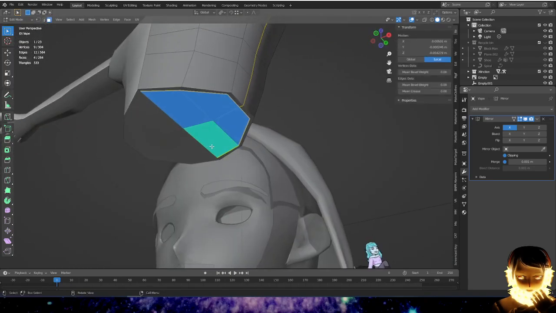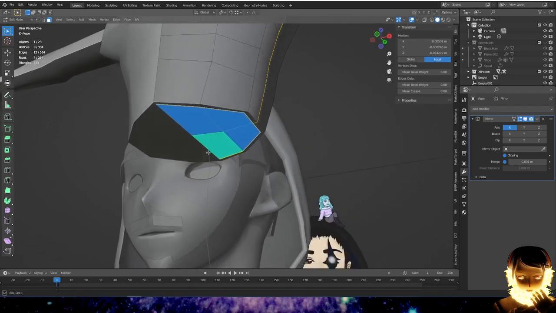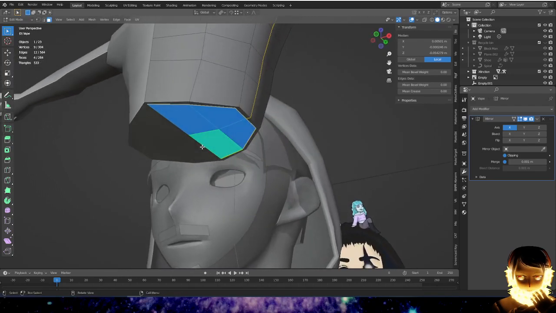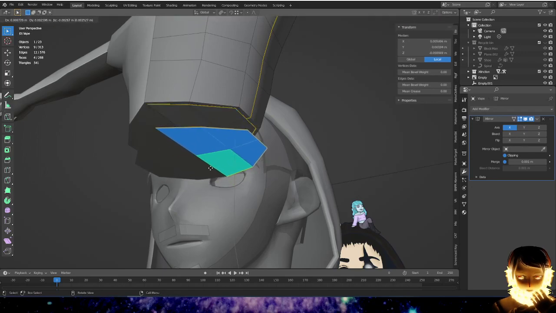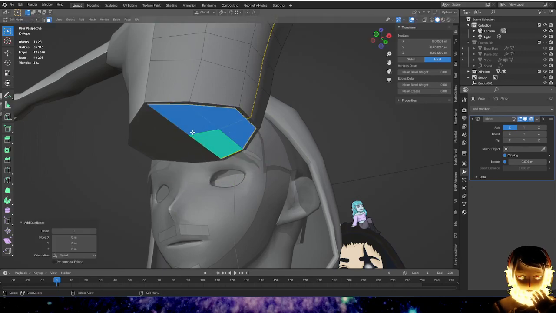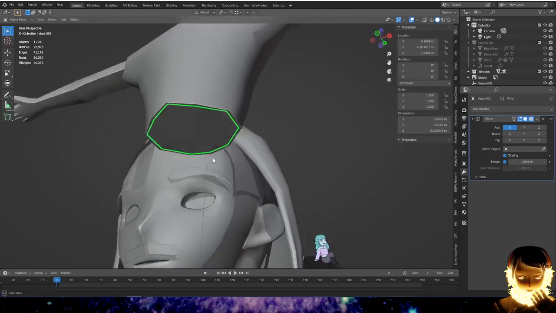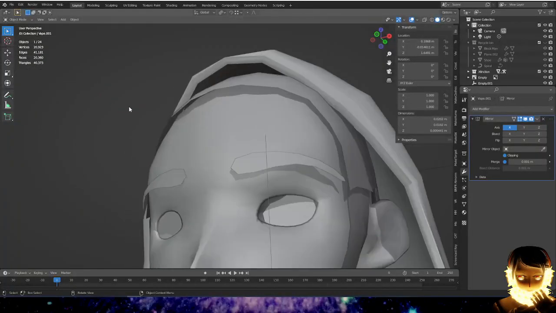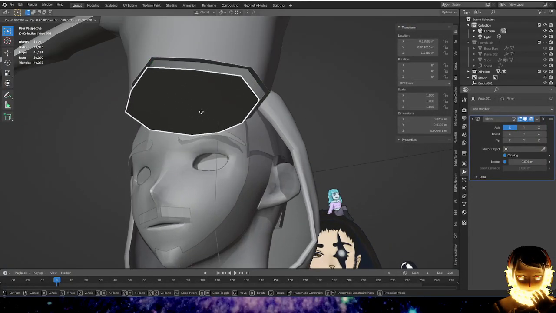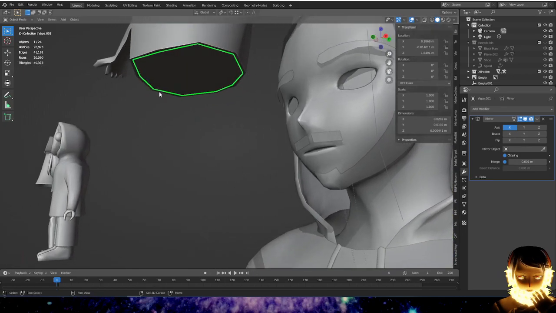Now what I'm going to do, I'm going to actually Shift D to get rid of it. Key to separate by selection. Now select these, delete these vertices. So now I have this here. And what I'm going to do with this